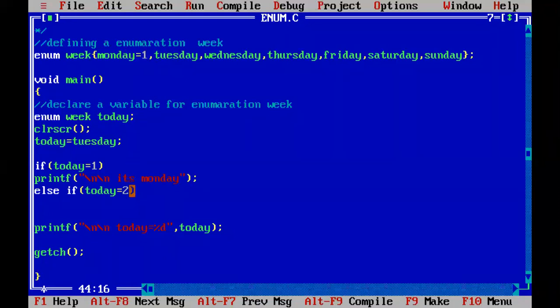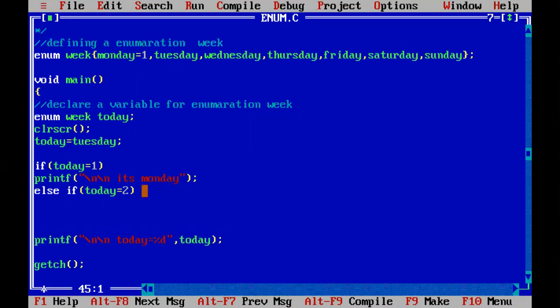If the today value is 2, that means today is Tuesday. Same thing you can print in the printf statement. Tuesday.